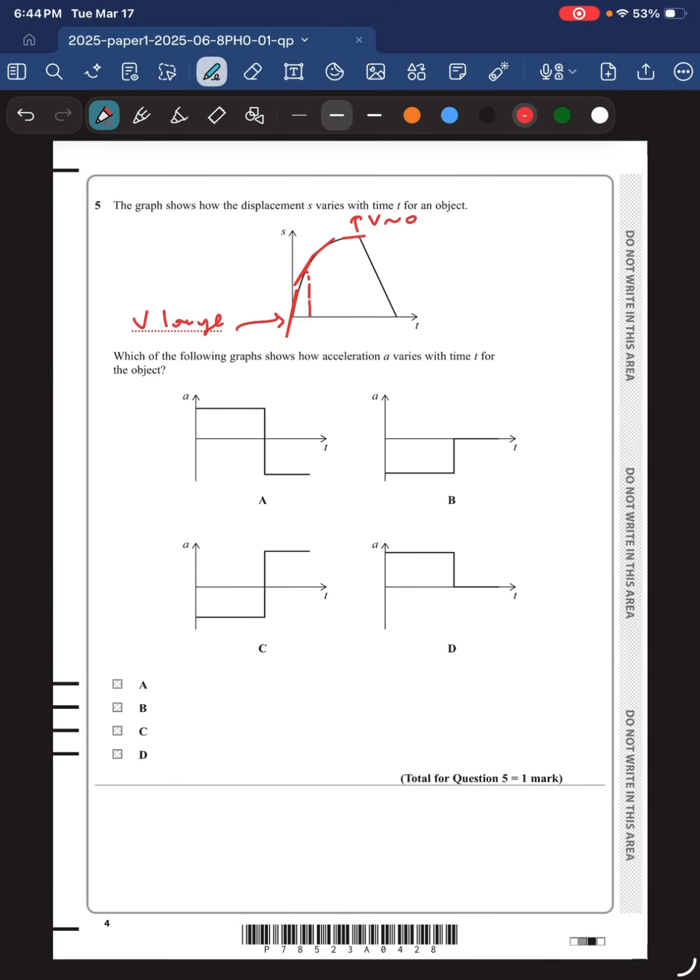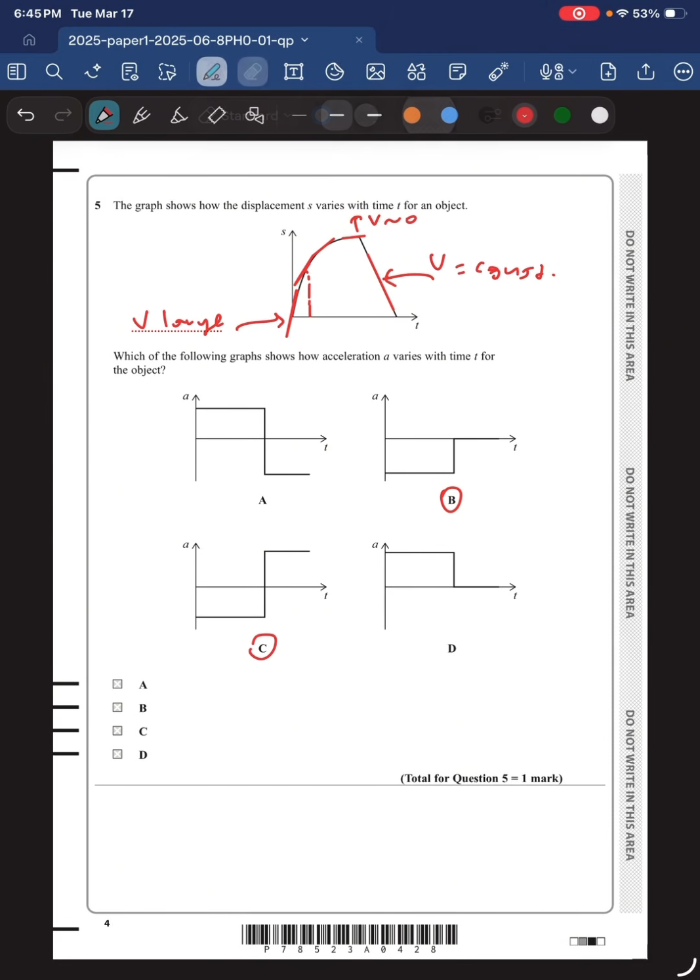So the only possible answers are B and C. Now which one is it? Is it C or is it B? Let's see. If we focus on this part, sorry, something funky happened with my screen. If we focus on this part of the motion, then the gradient is constant, right? So this part tells you that the velocity is constant,